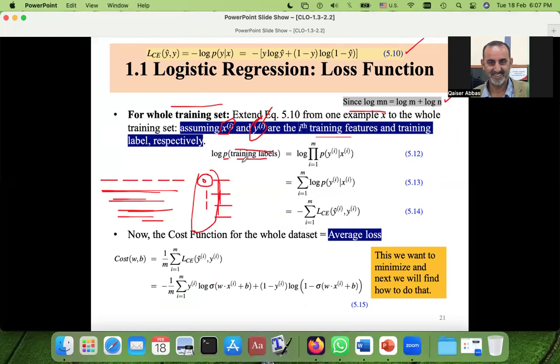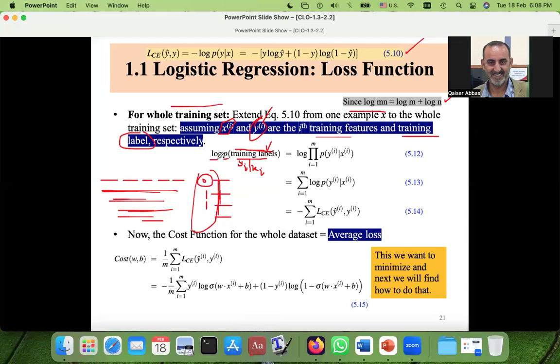So if I write the yi's, then mathematically it would be something like that, given xi's, this would be like that. Training labels, I use the word label. Training labels for the y variable, not for the x. We want to calculate the probability for the y's which are available in the whole data set, and the log